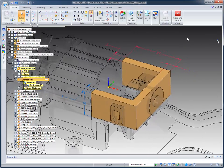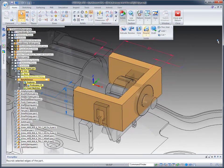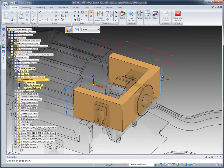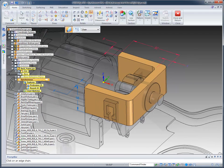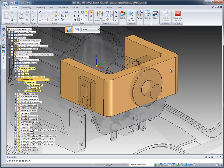Okay, so now we can start looking at our design itself. What I'm going to do is go ahead and add some rounds. I'm going to use a 3 millimeter radius on the outside and inside rounds of our model. Once that's done, I'm going to turn off those dimensions. And then what we want to do is build the area that's going to encompass this bearing